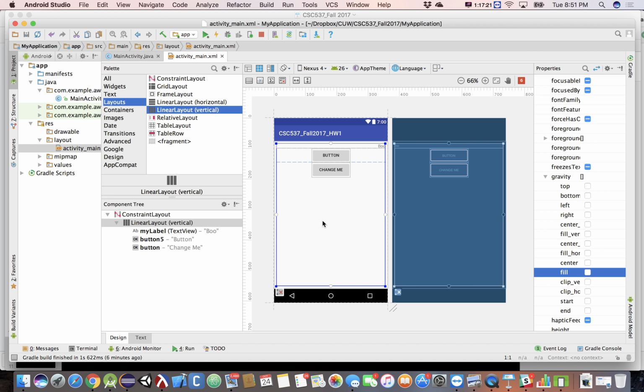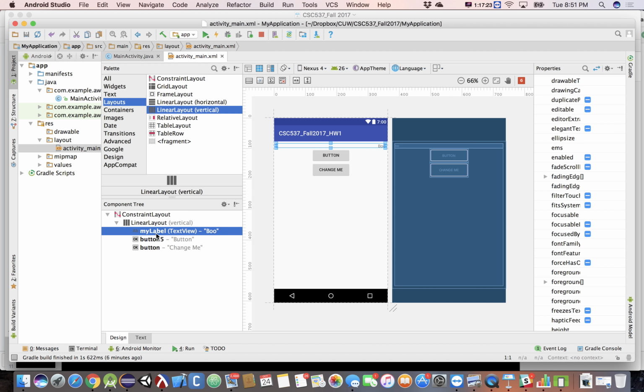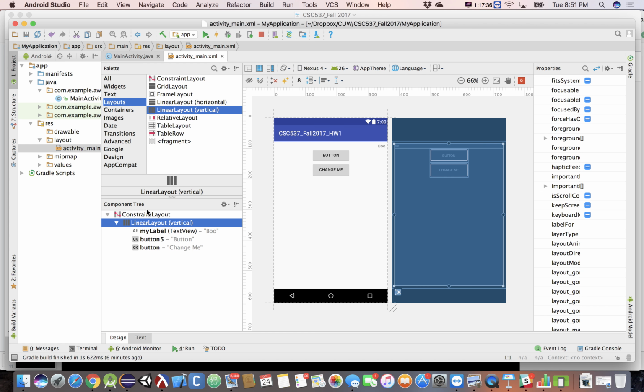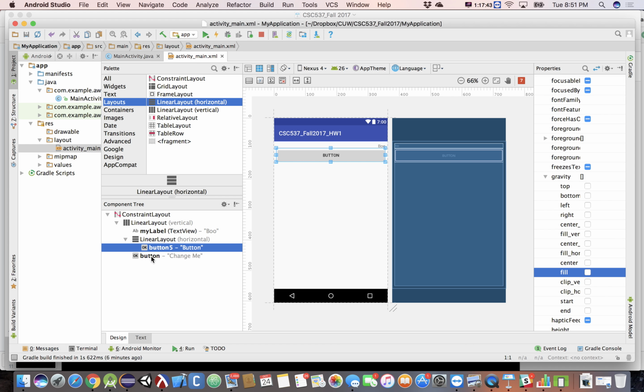All right, so typically when I'm making interfaces, I make linear interfaces like this because I feel like I have a lot more control over it. But nothing keeps you from putting interfaces inside interfaces. So for instance, let's say I wanted these buttons right next to each other. Well, what I can do is inside this linear layout, I can put a horizontal layout after my label there. And then I can put my two buttons